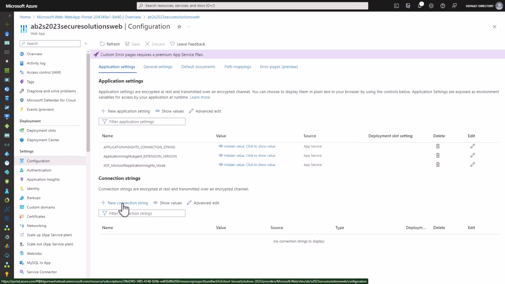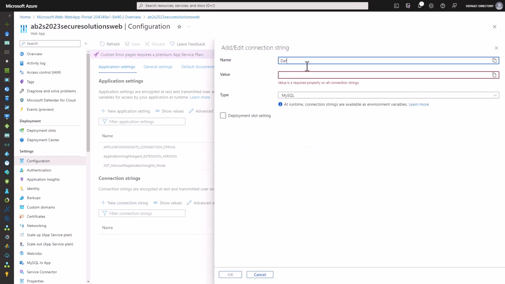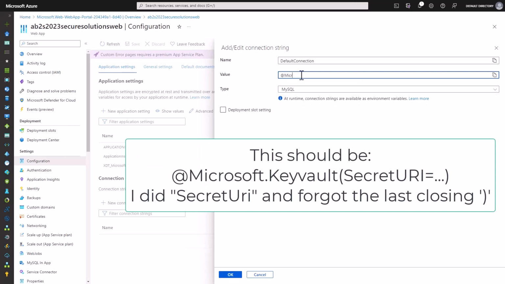And on the configuration tab, we're going to create a new connection string. The name of the connection string is going to be default connection, because that is our typical connection string name in a typical simple web app. We're going to use this wrapper called @microsoft.keyvault. And we're going to say secret URI equals, and we're going to paste in that link that we just